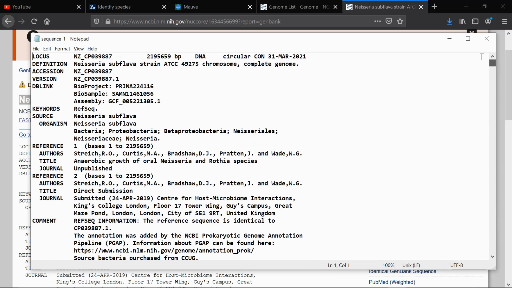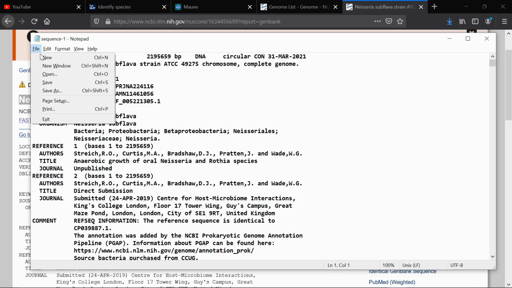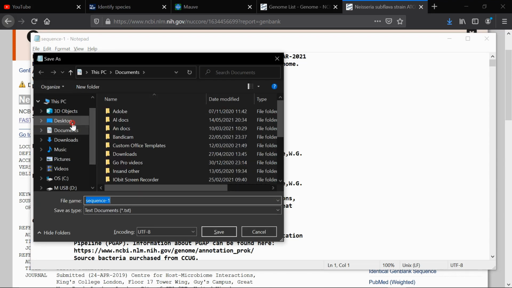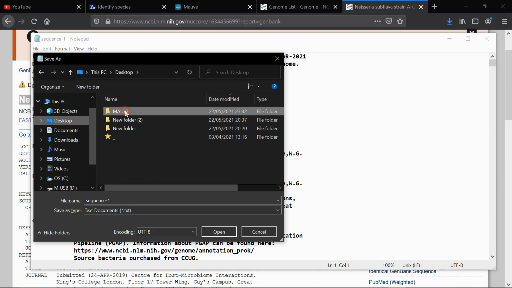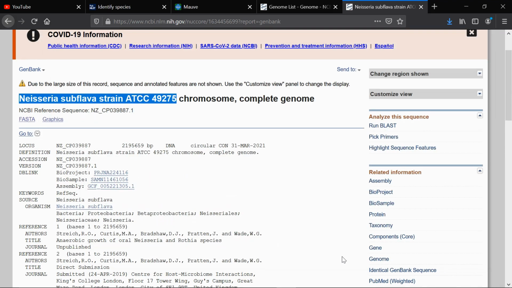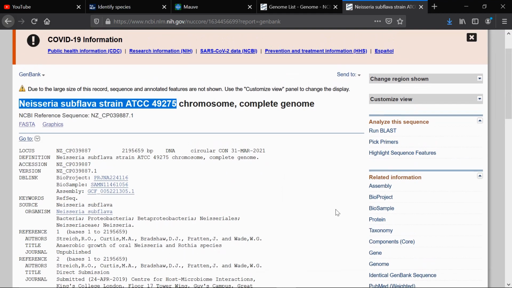So this is the one that you want, the GenBank 4. If I just save that, I'm going to put that onto the desktop in a folder that I've called Mauve. So if I close that now, you might already have that or suss that out, because I know